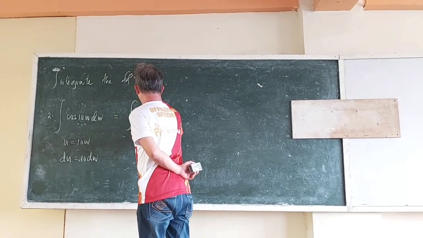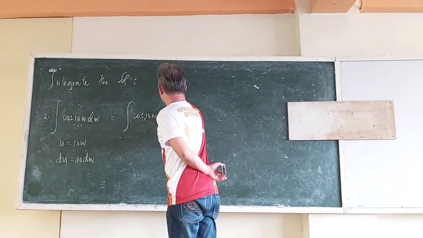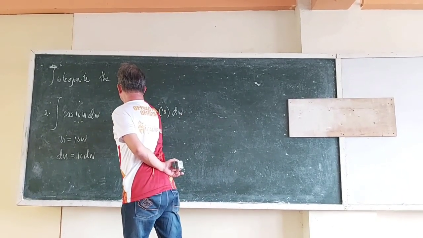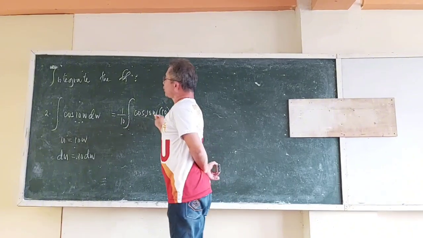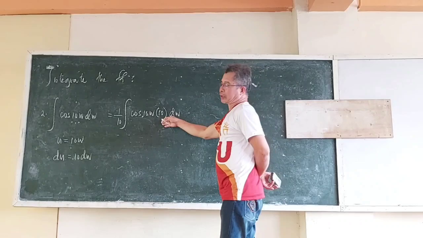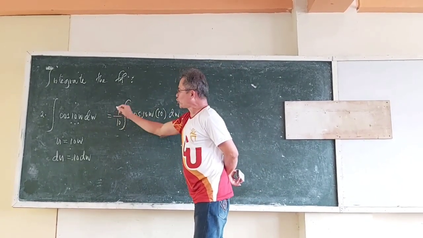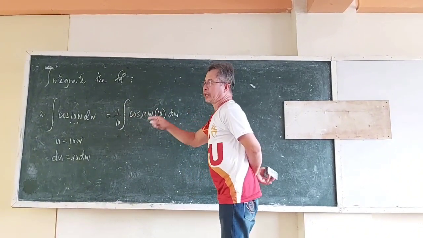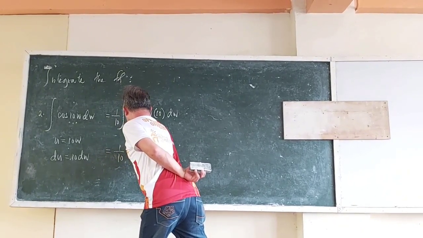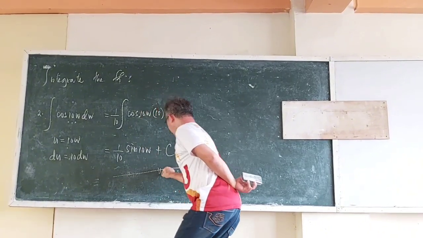Integral cosine 10w. You will notice again that your du has the 10. So you insert 10, then dw. Then you write the 1 over 10, so that 10 times 1 over 10 will again go back to its original given. And then apply now, since it is agreeing with our formula. So the integral of cosine u du is equivalent to sine u plus c. Therefore, your answer here is 1 over 10, then sine 10w plus c. Final answer.